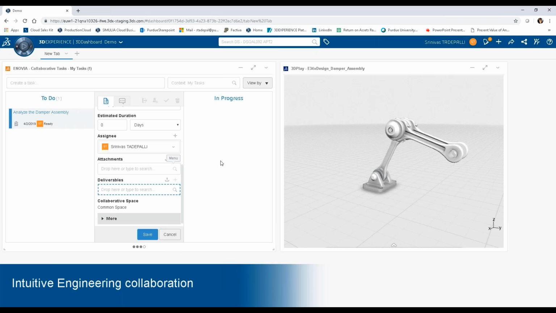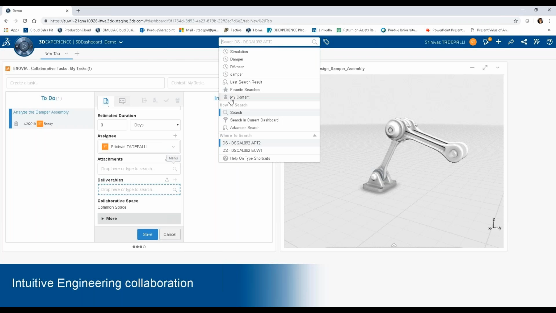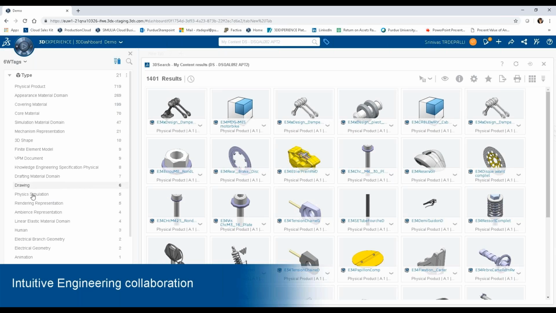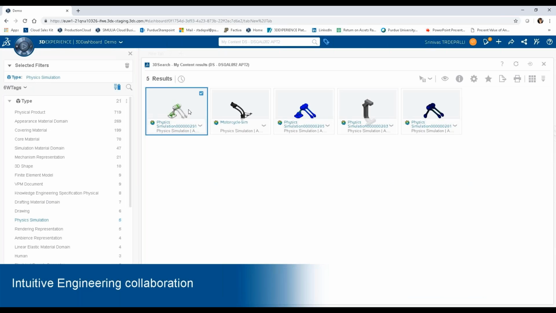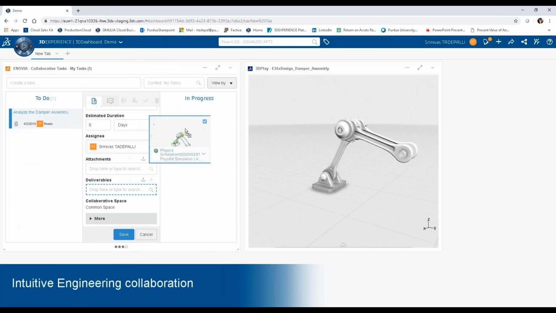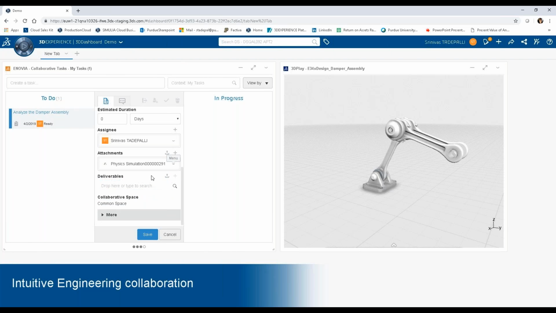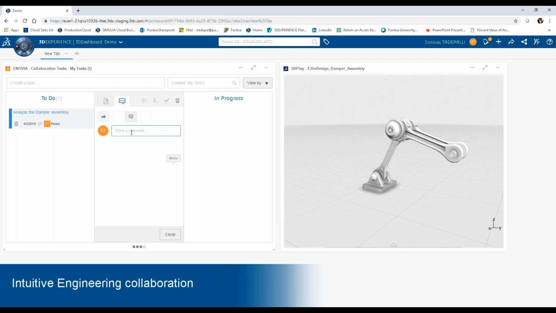Once it's done, you just have to look at your task, search for the simulation that you just did, and connect your simulation to the task to share with the person that gave you the task that you have done your simulation, and for you it's okay. You can just, for example, write a comment and say, yeah, please check the simulation because it's complete on my side, but you have to check the result.